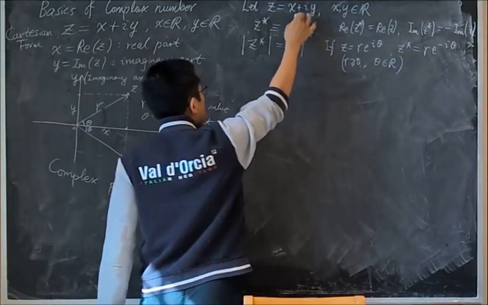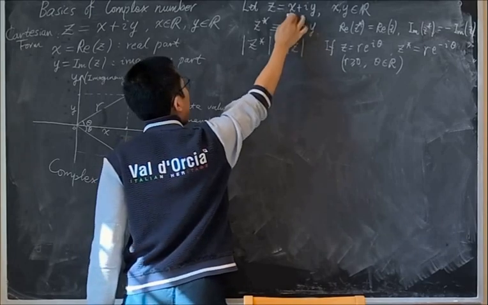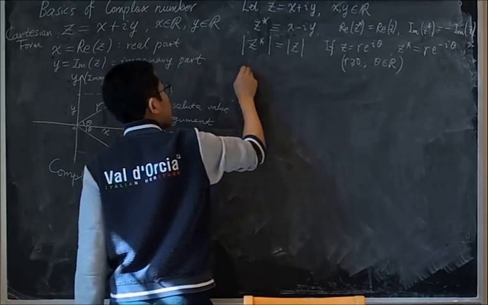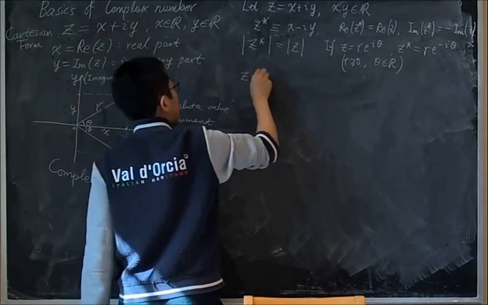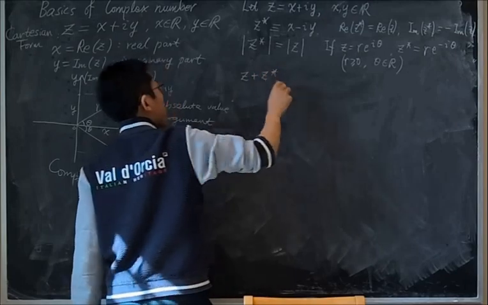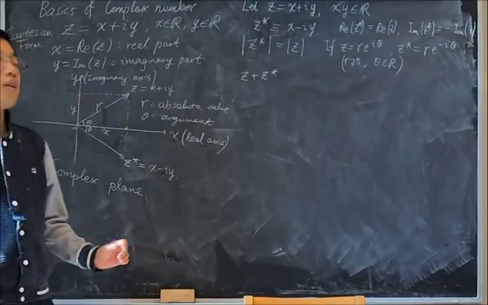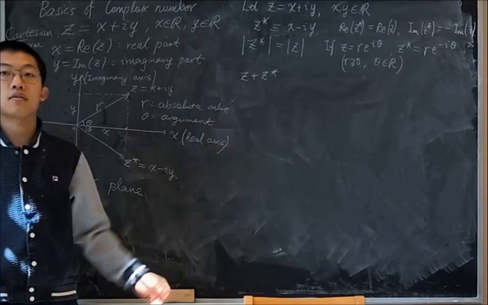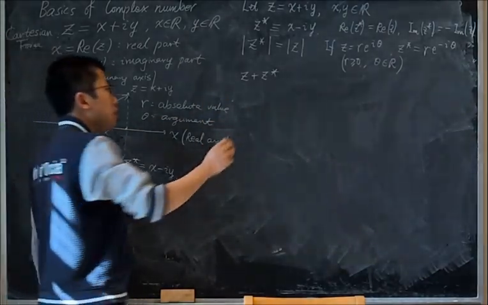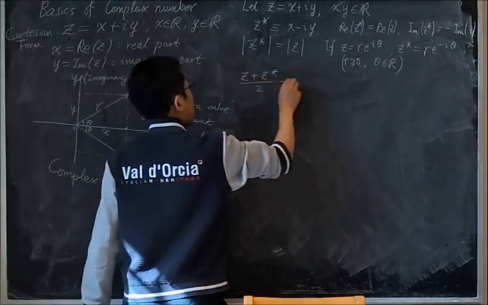If we add these two up, z plus z star, that is going to give you 2x, right? So if I divide it by 2, that is just x,